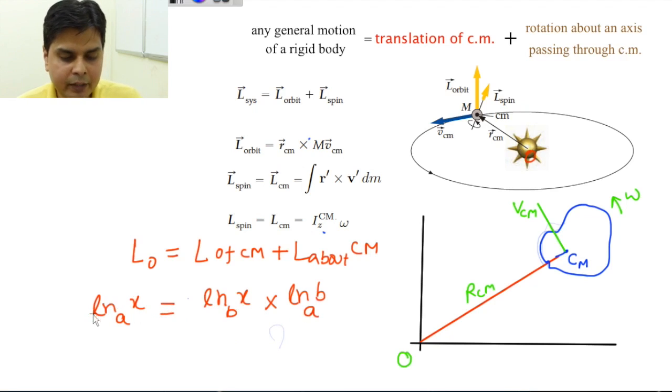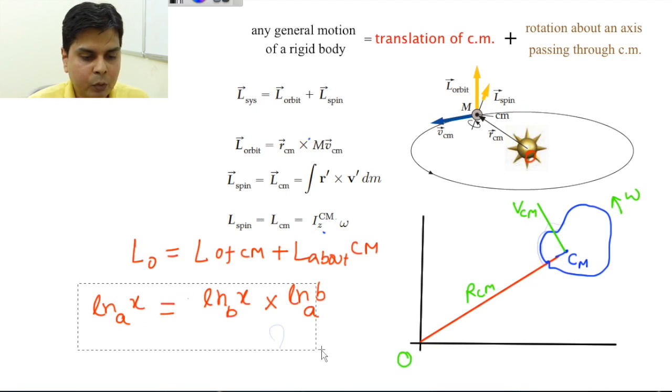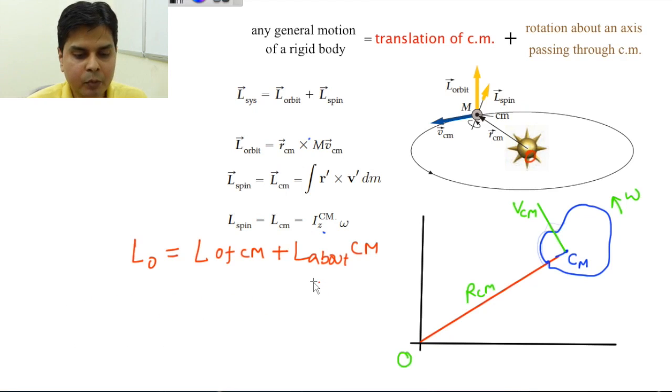Suppose I have been given this question to find the logarithm of x with respect to A. Now suppose this base A is very difficult to work with. Then I take an intermediate step. First of all, I find the log of x with respect to base B. Then I find the log of this new base B with respect to A. The exactly same thing I am doing here also. You see what I am doing?